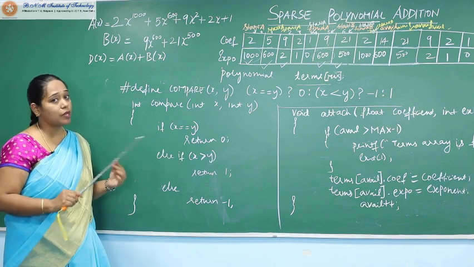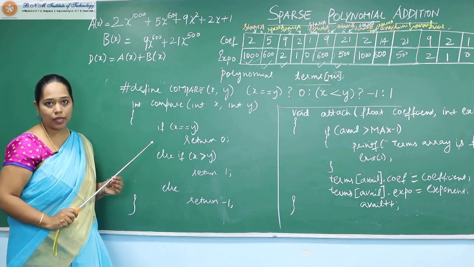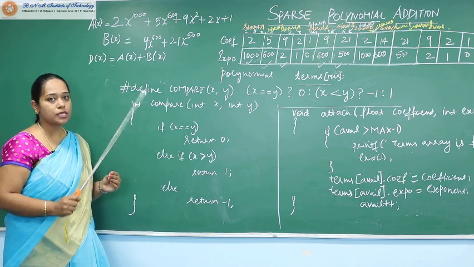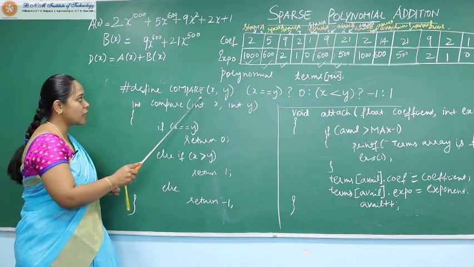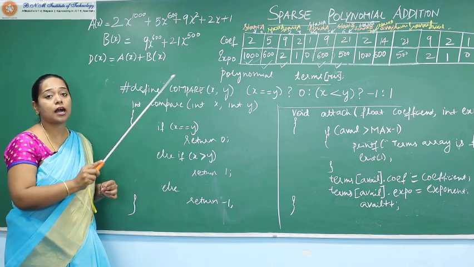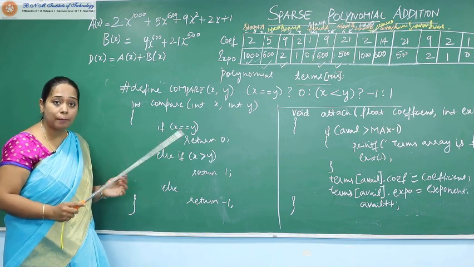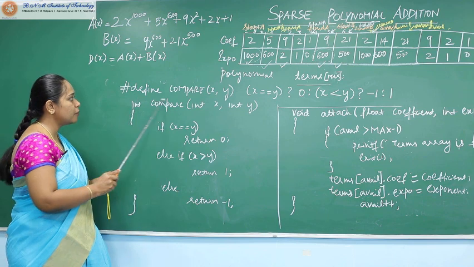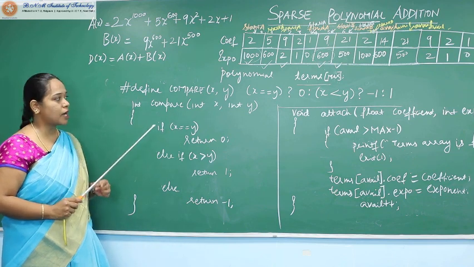Whereas a macro is a pre-processing statement. You don't need to specify the data type of x and y. The execution of the macro happens during pre-processing only. The value of this compare macro is replaced at the occurrence in our code. So either a compare macro or a compare function could be used, but preferably a compare macro is more efficient because there is no growth in the stack memory area.